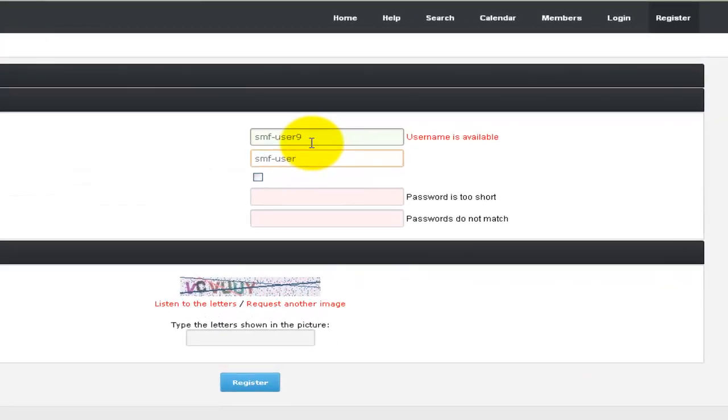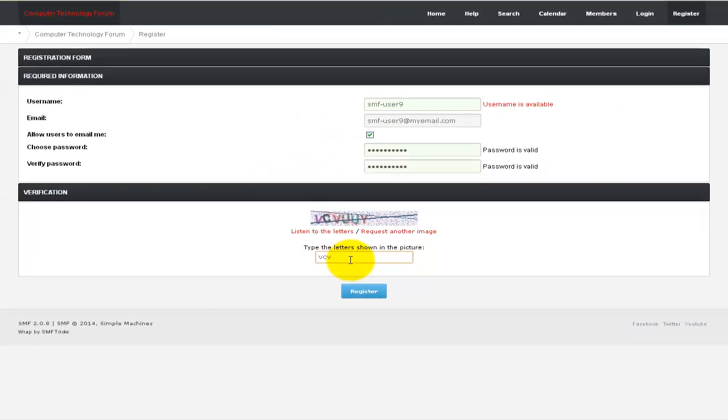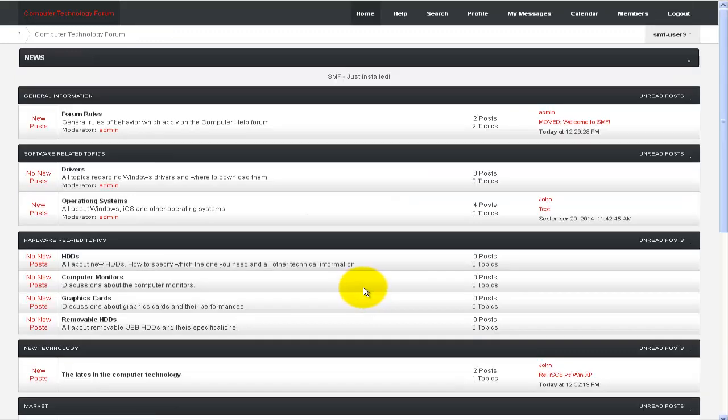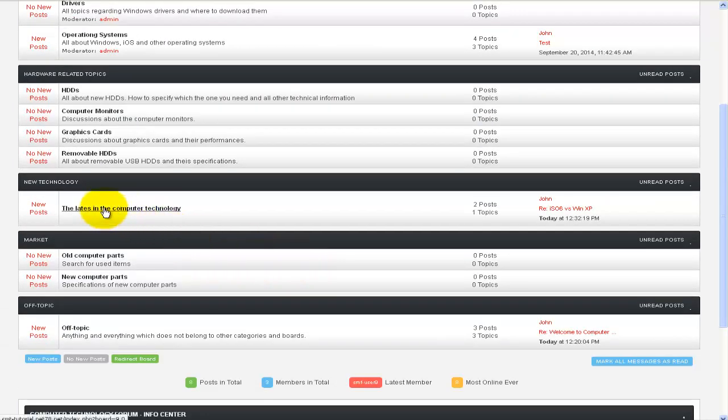user 9 at myemail.com. Allow users to email me, yes, and then I will choose the password, and I'll go down to this verification field and type in the letters and register. Alright, now I can see all of the actual messages, and if I go back to the latest in the computer technology,